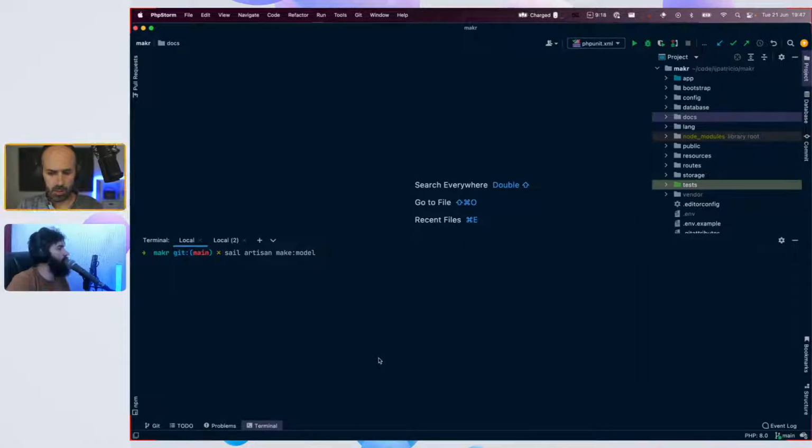So what do you say we make a model, dash m, that will create a migration. Yes, a model, a migration. And it will be a page, right? Yep, that's right. I guess we can also go ahead and create the Nova resource. Exactly.